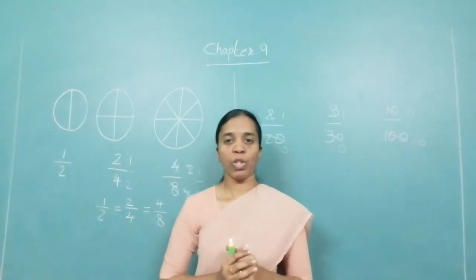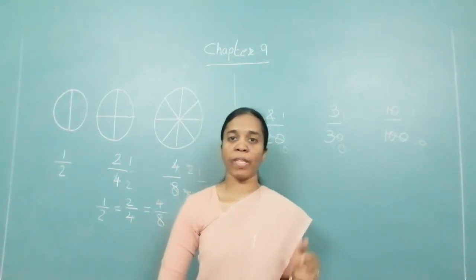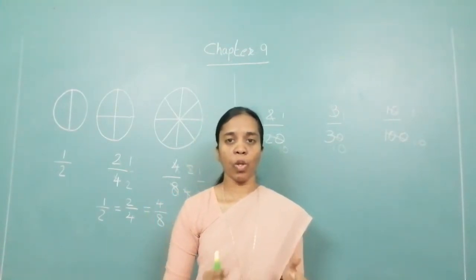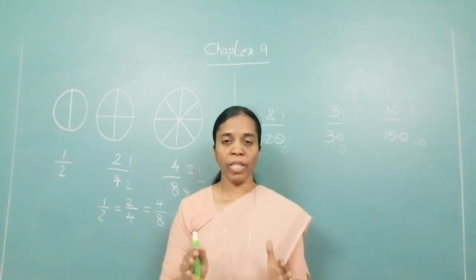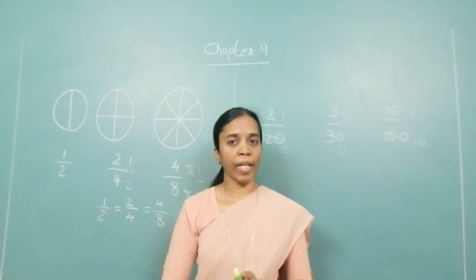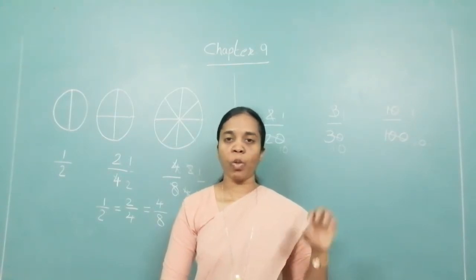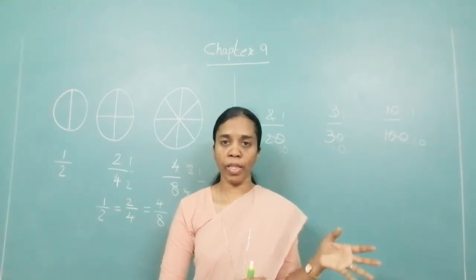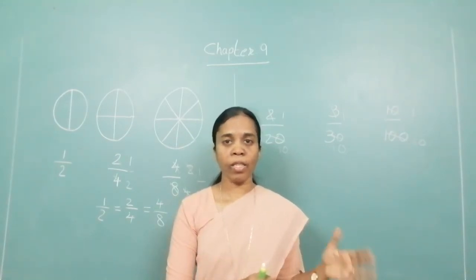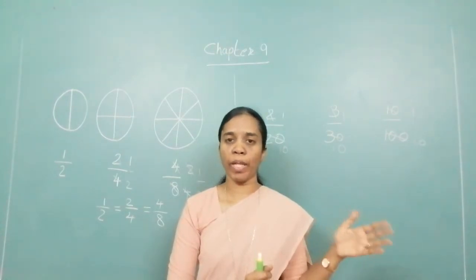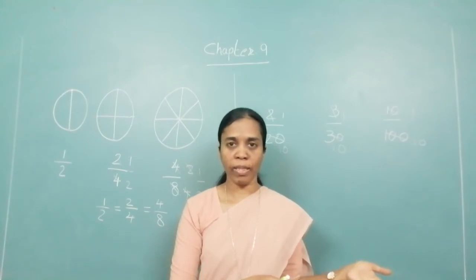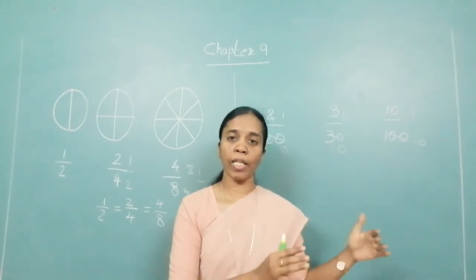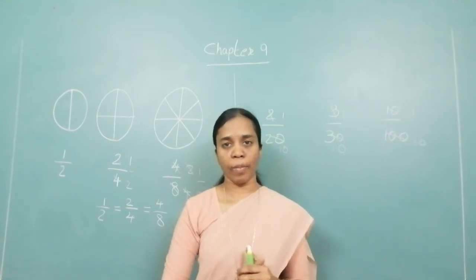Now, when the questions are given to us, we must try to understand whether it is a direct proportion or an inverse proportion. That we will see later. First, we have to look at whether the given proportion is a direct proportion. That is, if one quantity increases, like if you are going to purchase something, the number increases, the cost also increases. Suppose you are going to buy some chocolate. More chocolate you purchase, more amount you have to give, isn't it? So, one quantity is increasing, the other quantity is also increasing. These are the examples of direct proportion.